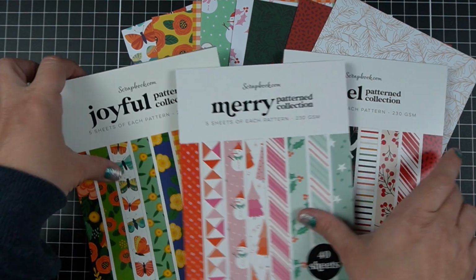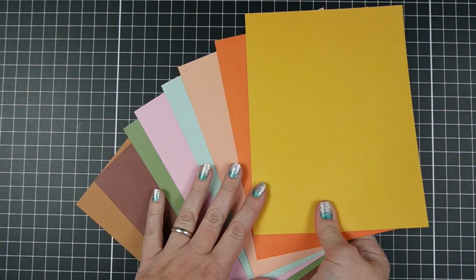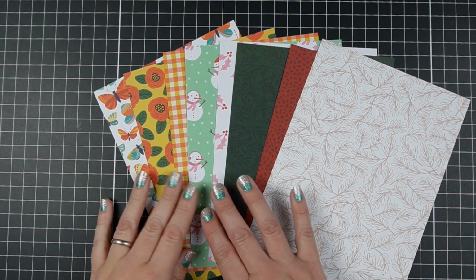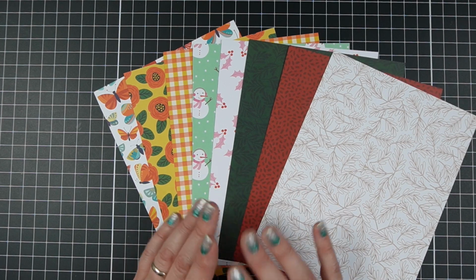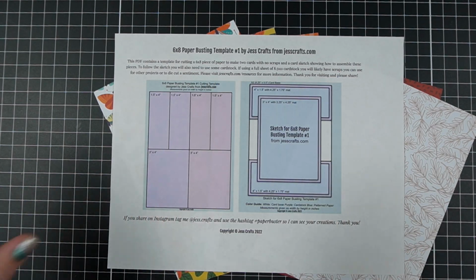But anyway, today we are going to focus on why it's nice to have solids on the back of your patterned papers. When I see that, I actually get excited because sometimes working with two bold patterns in one card can be challenging, but if I have the other side as solids, it's really helpful for my paper busting templates. So today I'm going to work with 6x8 paper busting template number 1, and as I said, there are